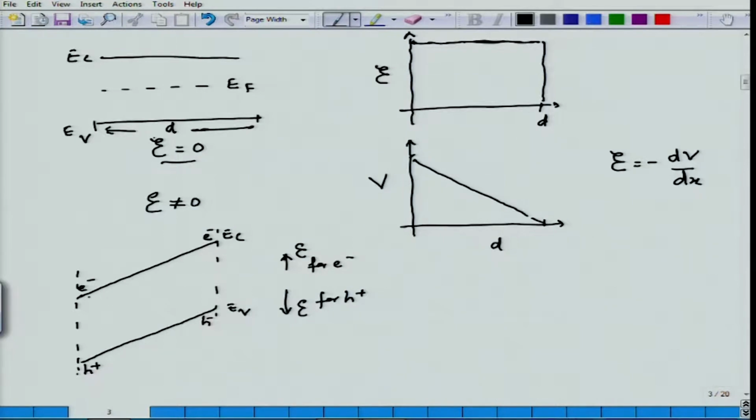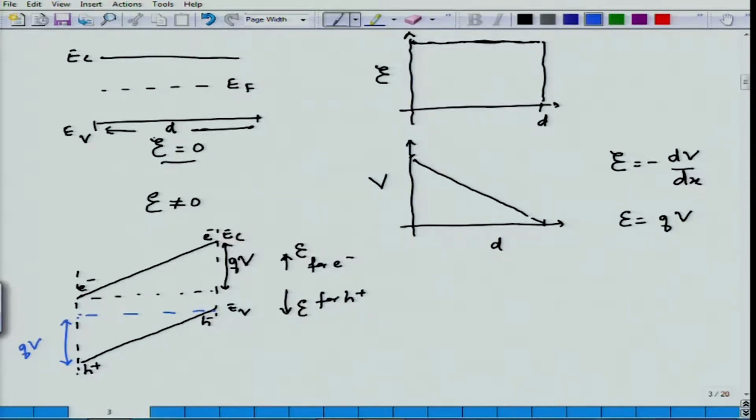And what is this slope then? This slope is the potential difference between these two ends, and we know that energy is equal to Q times V, hence this will be equal to the charge on the carrier times the potential difference. Same thing we can write about the holes. This difference is equal to charge times the potential